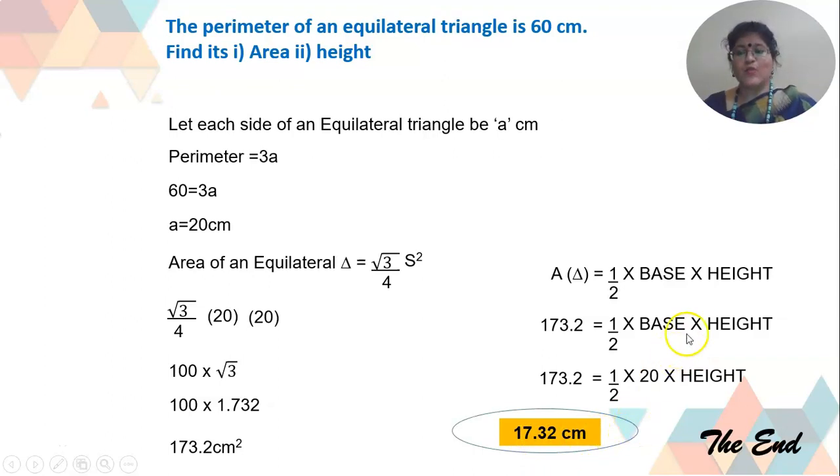So dear students, with this, we come to the end of the lesson, Heron's formula. I have touched upon all the important problems which we had done in the earlier online videos. In the next online video, we will quickly look into how to find the square root of a number by division method,